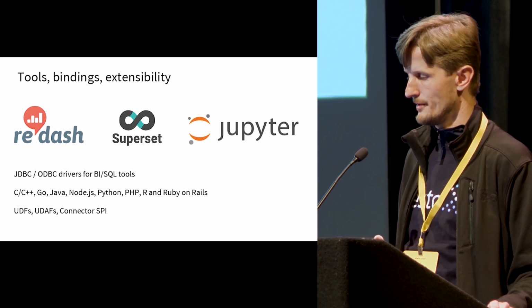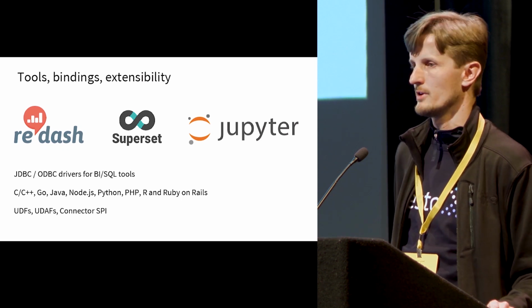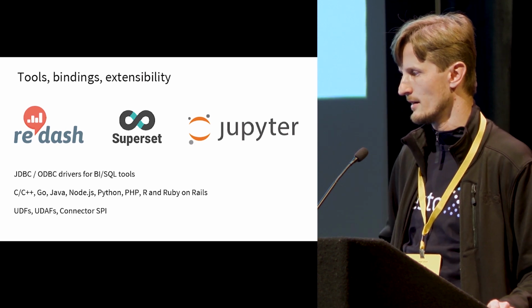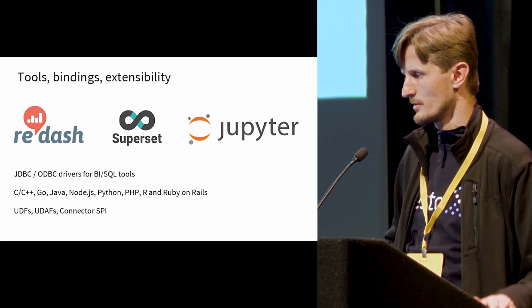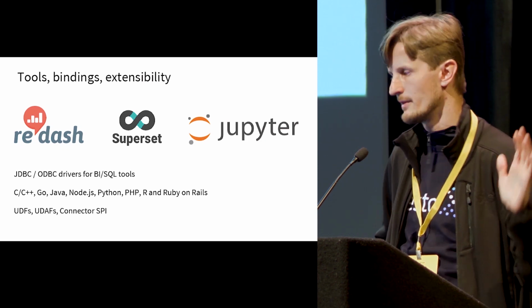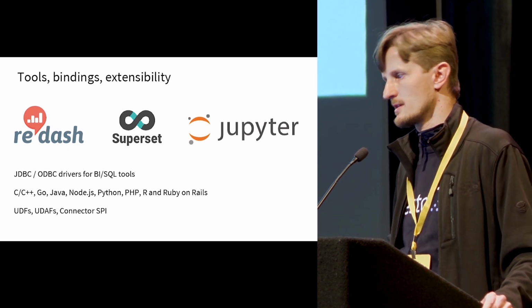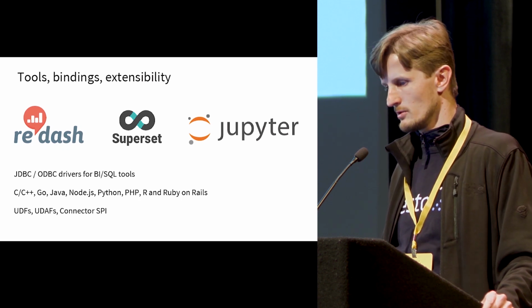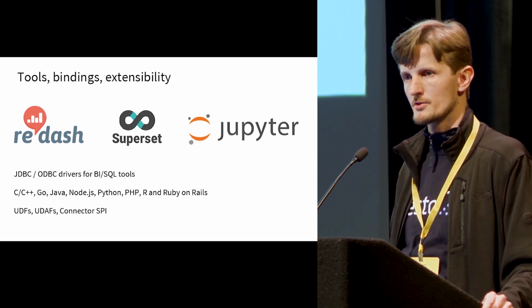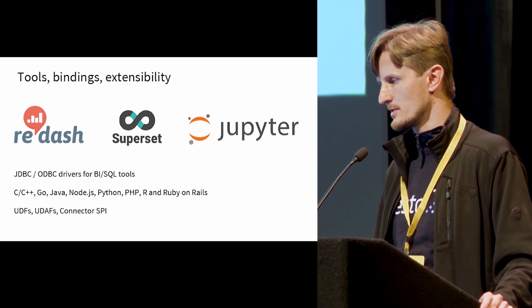But because Presto ships with JDBC and ODBC drivers, you can connect to virtually any tool that will be working with your standard BI and SQL environments. So if you have Tableau or things like this, they would continue to work. SQL Developer even, right? Whatever works for you. And then people are embedding Presto inside their applications, right? There are lots of bindings like C, Go, Java, Node, Python, and so on. So you can call out to Presto from all those different languages using the standard methods available